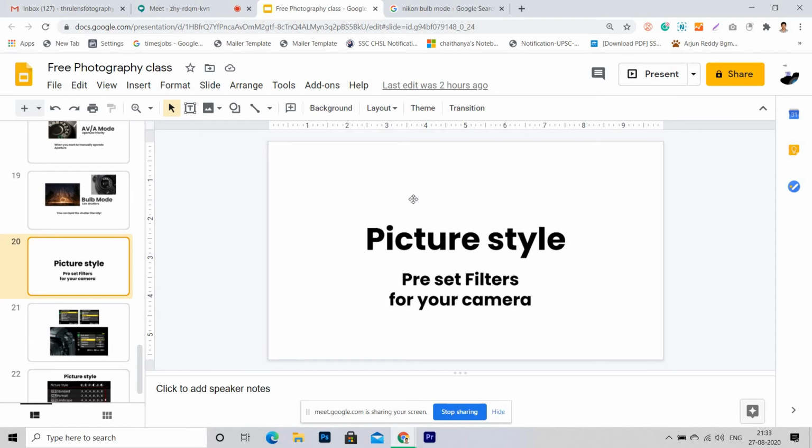There will be only two options in a camera, white balance and auto white balance, but let it be auto white balance. I'm not going into detail, because that will not be mostly useful for you guys except in the last case. So what is this picture style?